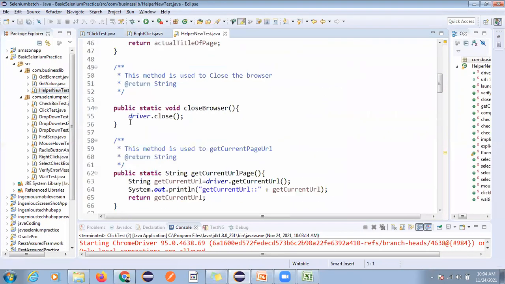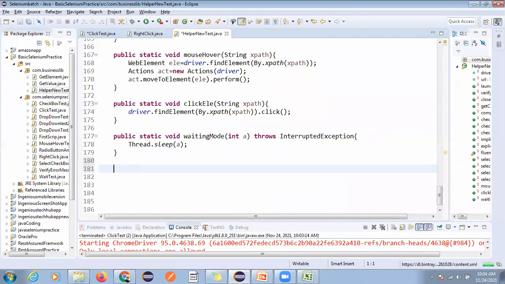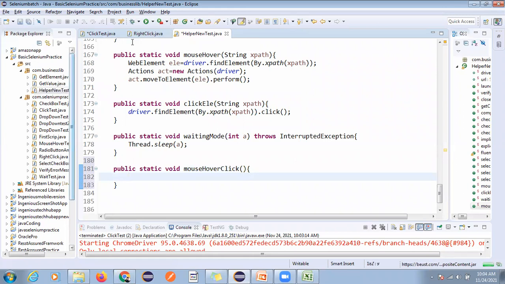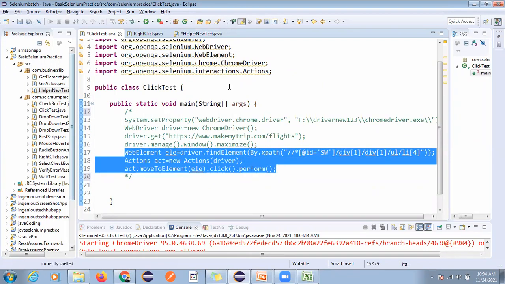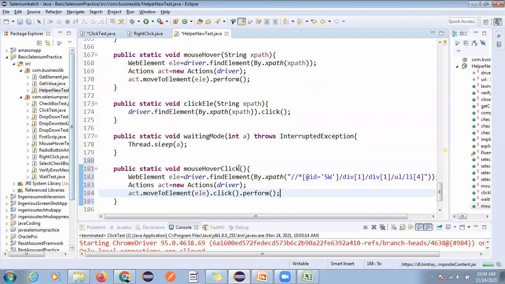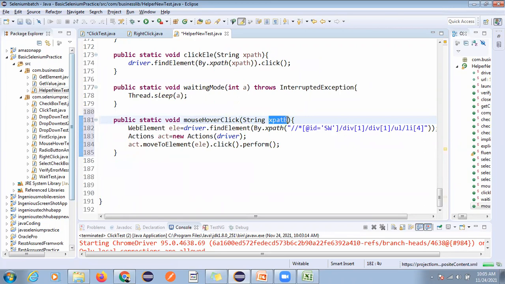So we can go to helper new test, and we will create one method, public static void mouse over click, and here I'm going to right click test and copy this all, and I will pass a string xpath. Okay, that's it.